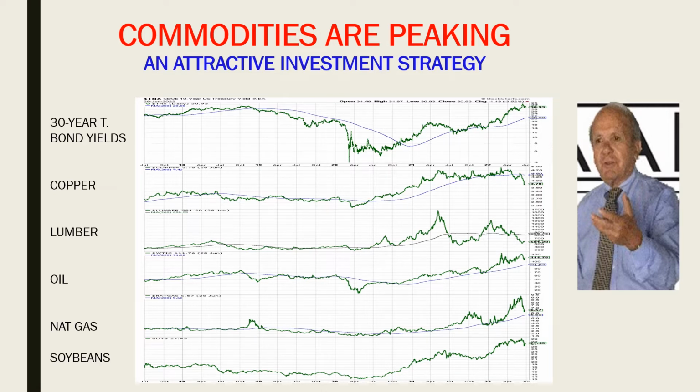This chart shows the price patterns of six commodities. The commodity yields, which is the price of money, the commodity money. Copper, the price of an important mineral. Lumber, the price of wood, and oil, of course, which depends on OPEC and everything else. Nat gas, that depends on, among other things, regulations and so on. And soybeans, their price depends, they say, on weather, rain, and so on.